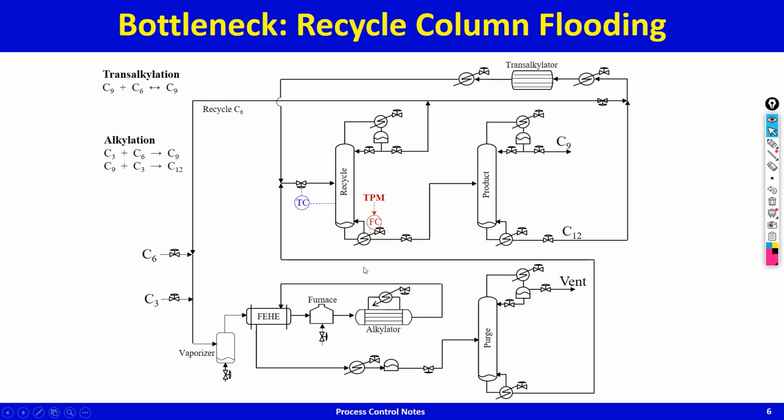If tray temperature is controlled this way, then level can't be controlled of this, because that valve is taken out here. Because level can't be controlled this way, you will say, how do I control this level? This level will have to be controlled this way. There we go. Now that level is being controlled this way, this level cannot be controlled that way. So how will we control this level? Well, we'll control this level by adjusting this.